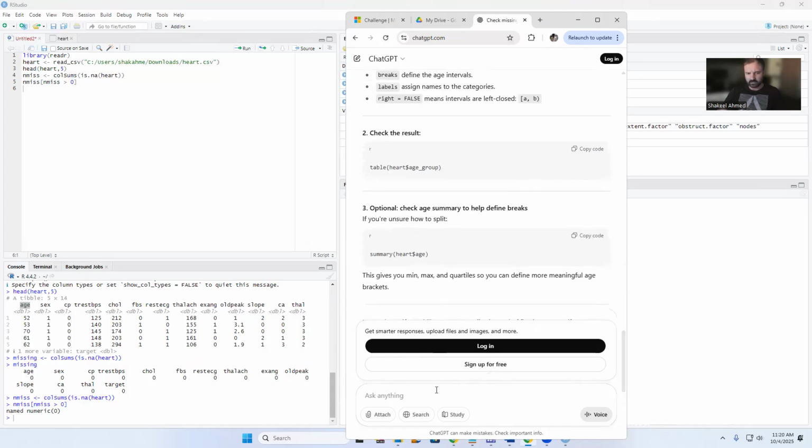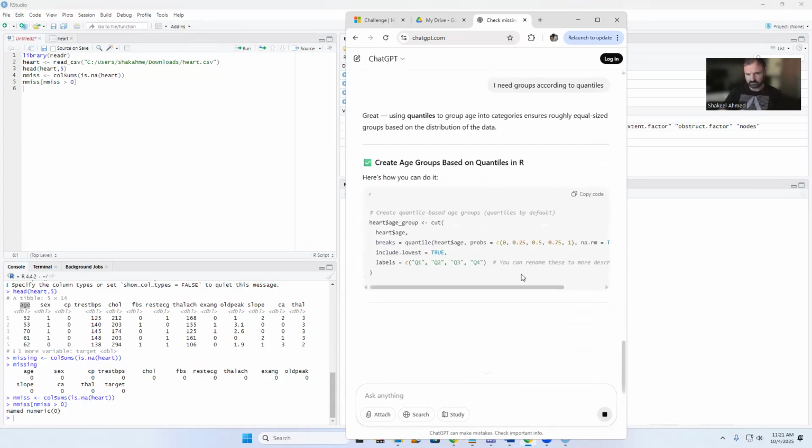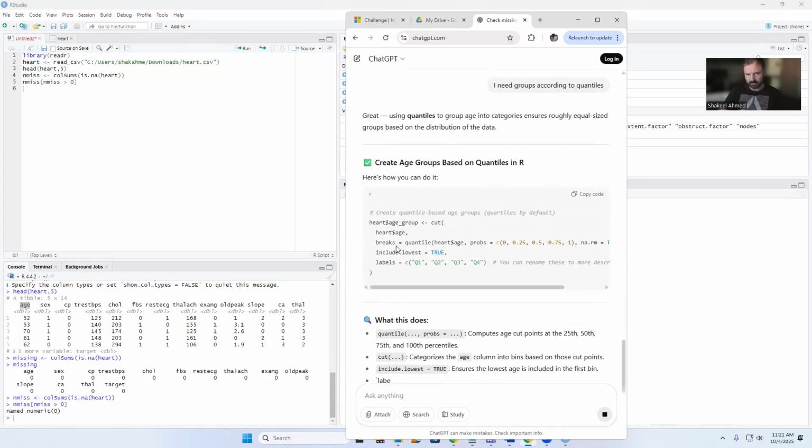So instead, if I want to ask, I need groups according to quantiles. So now it's creating the quantiles using the quantile function,